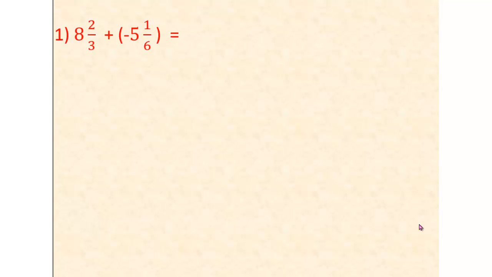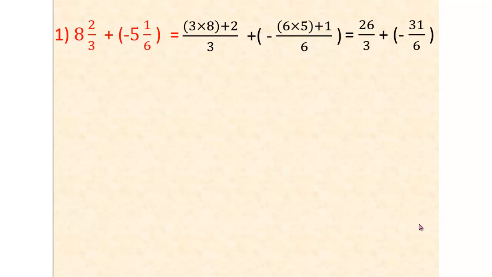The first one is 8 2 over 3 plus negative 5 1 over 6. We said that to add or subtract mixed numbers, first we must change them to improper fractions. So my two new improper fractions are 26 over 3 plus negative 31 over 6. Have a look here at the denominators. I have 3 and 6. They are different. I will go to the smaller one, which is 3, and ask, can 3 be changed to 6? Yes, simply by multiplying both the numerator and the denominator by 2. And as a result, I will have 52 over 6 after I multiply the numerator and the denominator by 2, plus negative 31 over 6,